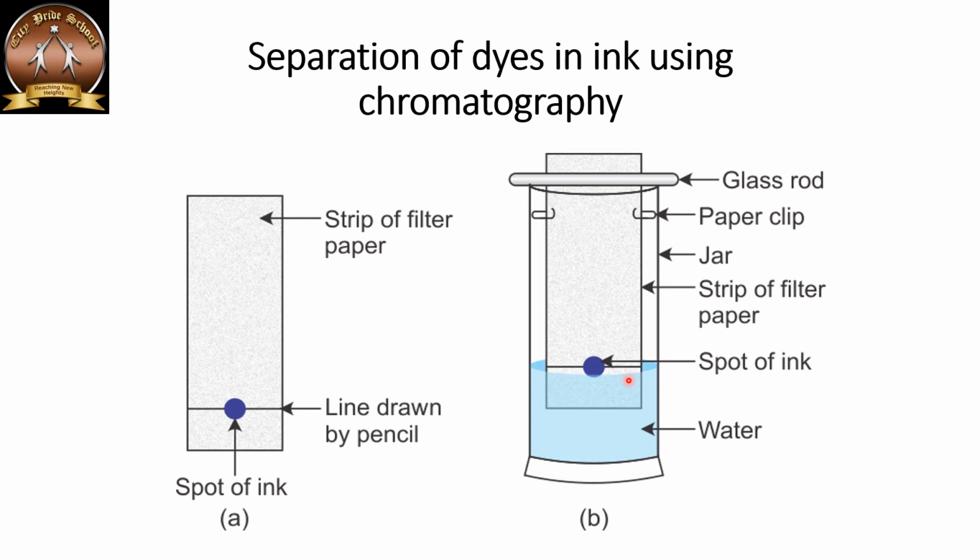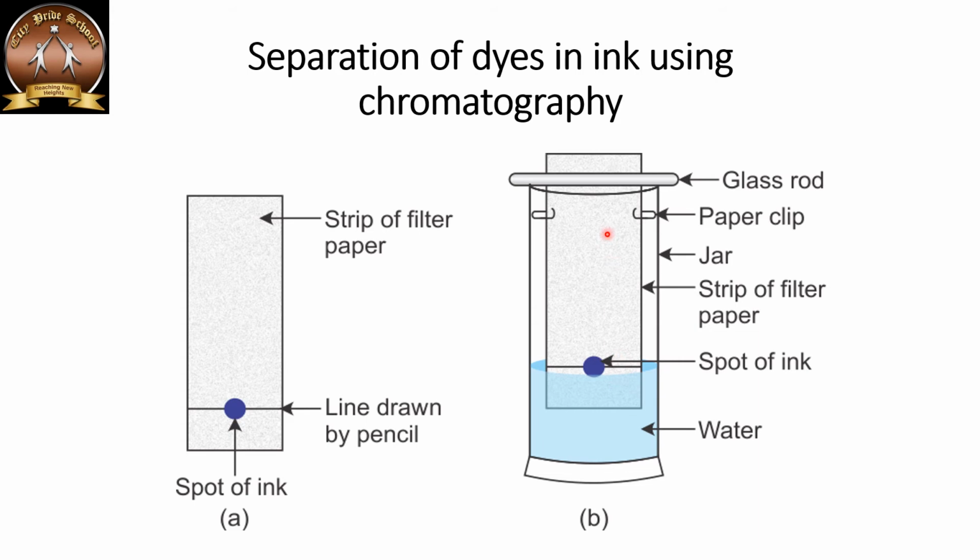Now some might have a doubt in the question: why don't we initially submerge this spot into this solvent? Dear student, if we do not take care and this spot gets submerged into the water, instead of this spot running vertically upward, it would get solubilized in the bottom, and this mixture would fade away and be soluble into this solvent only. So care must be taken. The spot must have some difference from the last layer of the solvent.